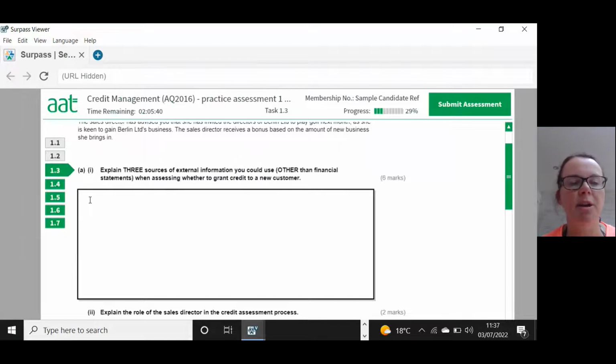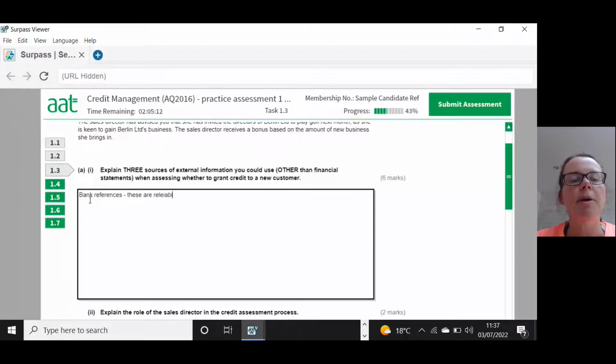So pretty much it's going to be a mark to state it and then a mark for some sort of brief explanation thereof. So 3 external sources. So bank references is going to be my first one. And if I was doing this in an exam, that's my 1 mark for stating it. And then I would say,